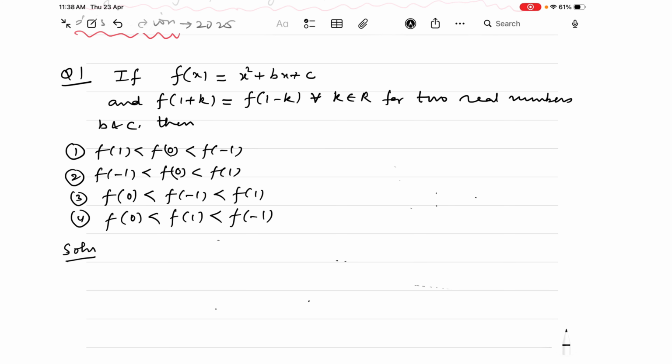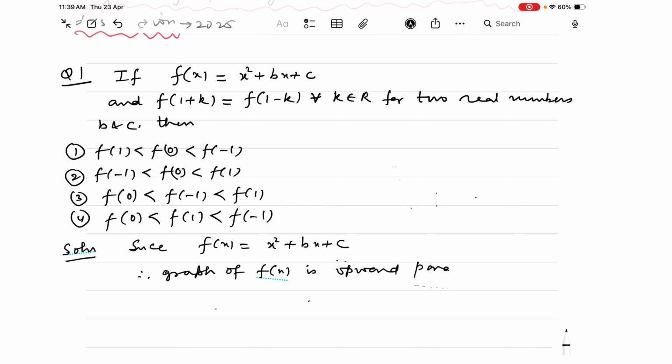Now one thing is very clear, since f(x) is equal to x square plus bx plus c, since the coefficient of x square is positive, therefore the graph of this function is an upward parabola, will be an upward parabola. Now also,